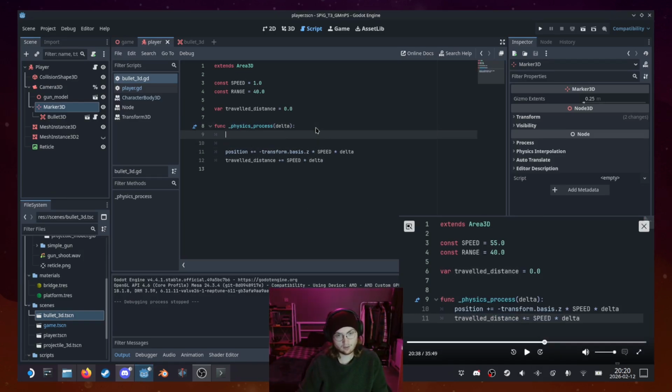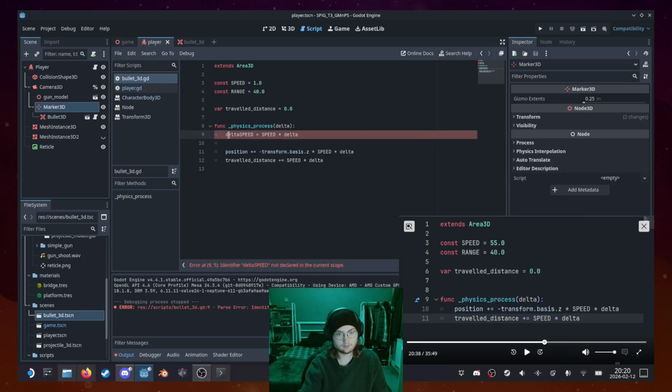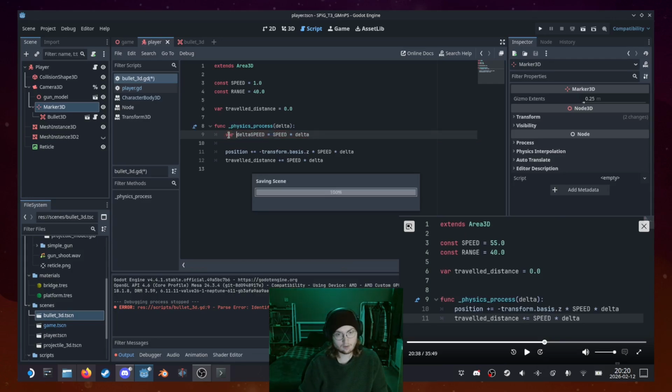Let me make a new one called delta speed equals speed times delta. New variable called